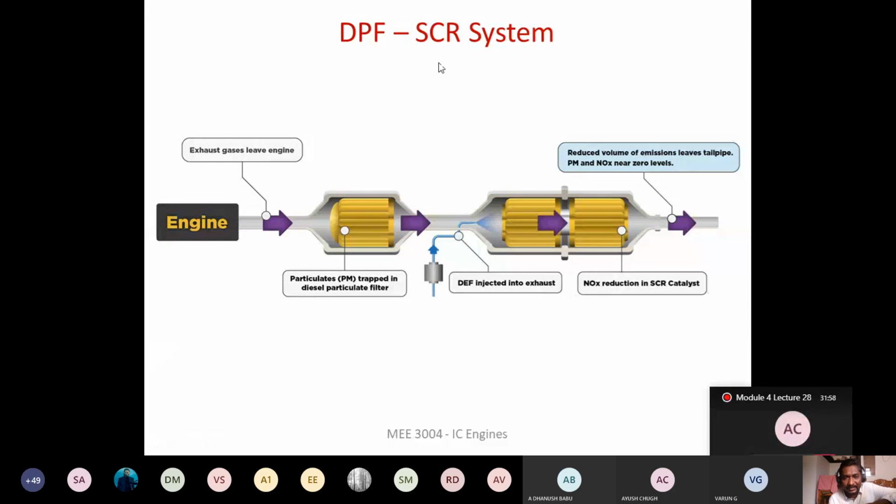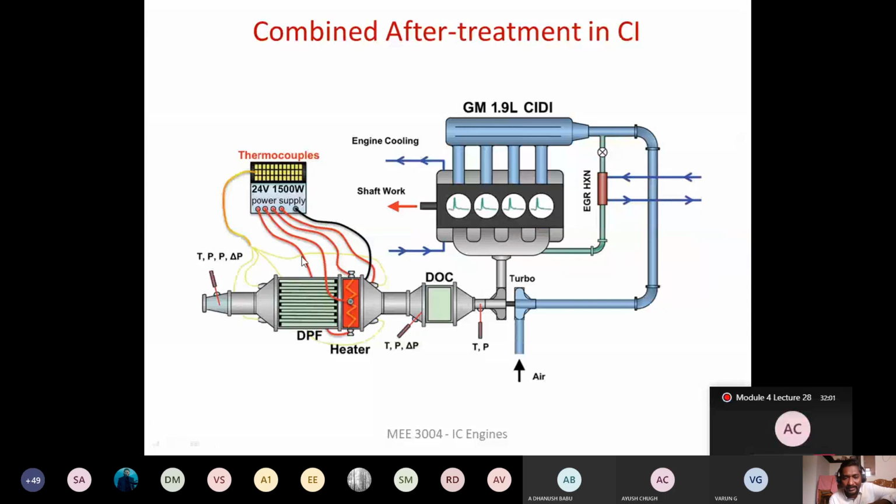The other option is that you can go for a particulate filter along with a diesel oxidation catalyst. This is a two-way catalytic converter, which will remove only hydrocarbon and carbon monoxide. To remove the NOx, we have to provide exhaust gas recirculation, so EGR has to be provided, and thereby we can remove NOx also. But compared to the previous system, the latest system, this is slightly complicated. Okay, that's all for this session.